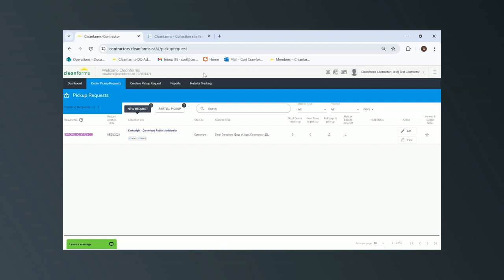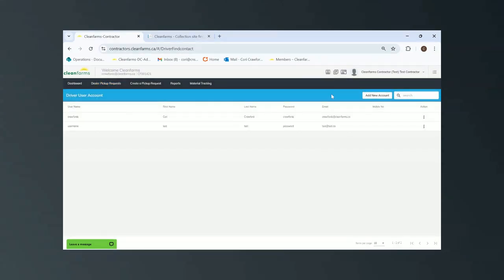Along the top banner of the online system, you'll also see an option to set up driver login accounts. To set up a driver login account, select Add New Account and follow the prompts. This will give you access to be able to use the driver map. The driver map, which is available at